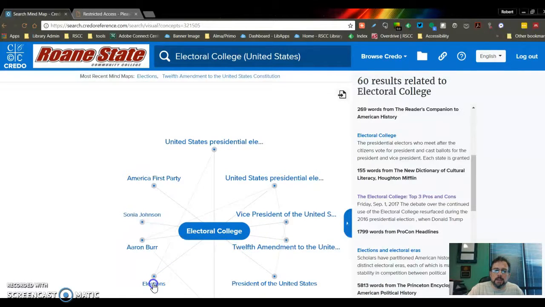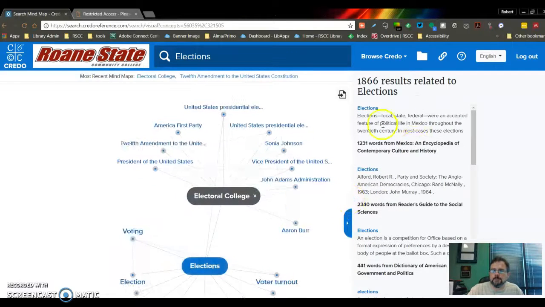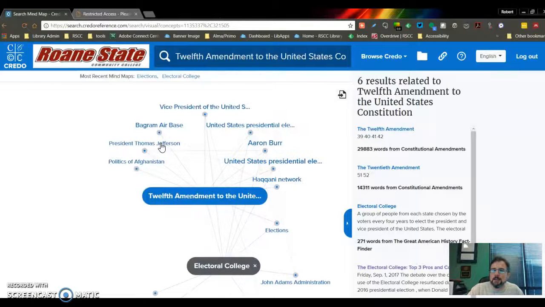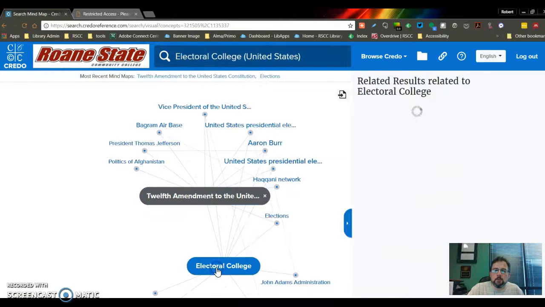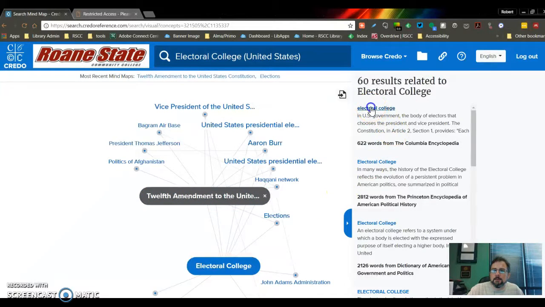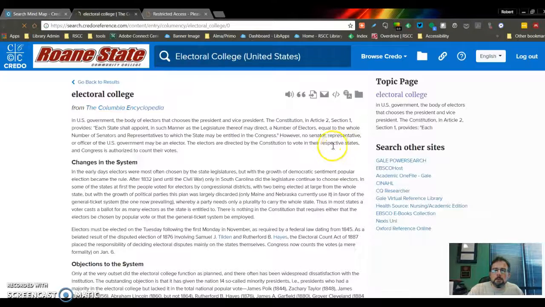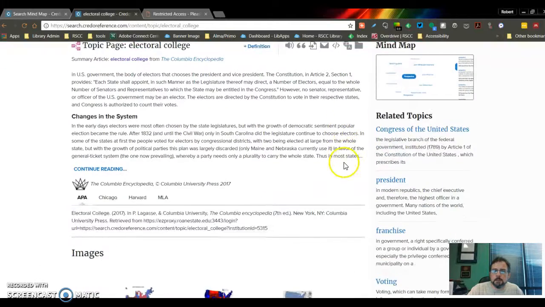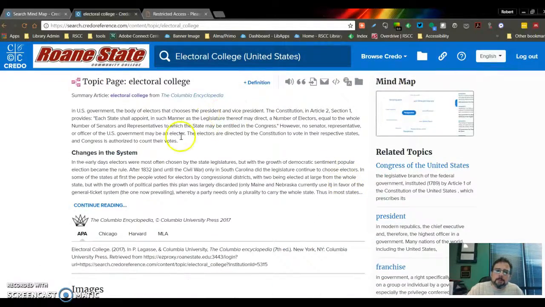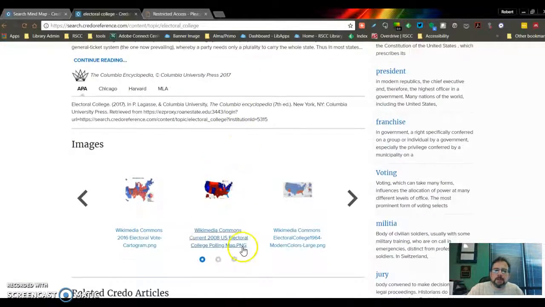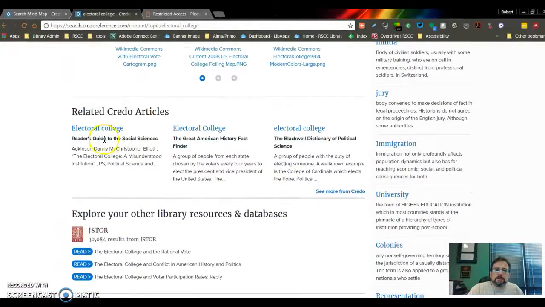I could click down into elections and find specific results from that. If I wanted to get into the 12th Amendment, I could get into that. So it's just kind of a clickable way to explore. So I'm going back to my Electoral College topic page again. Also from a topic page, if you look down here, you'll see images,